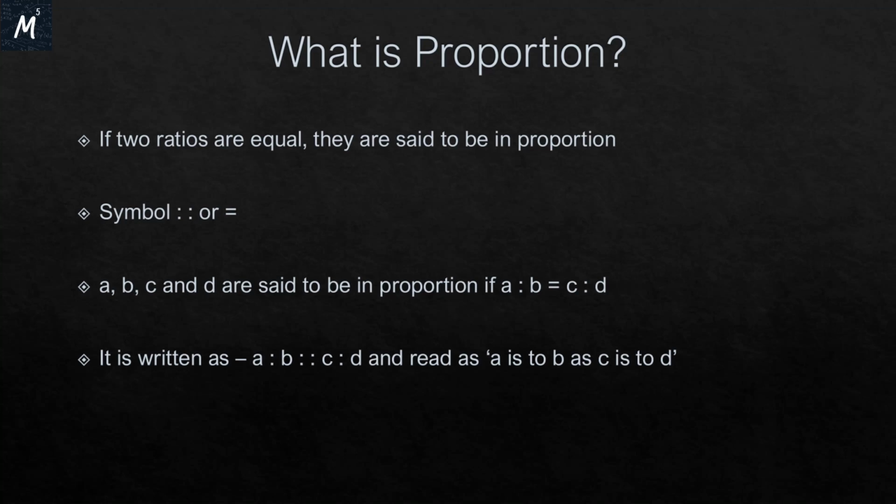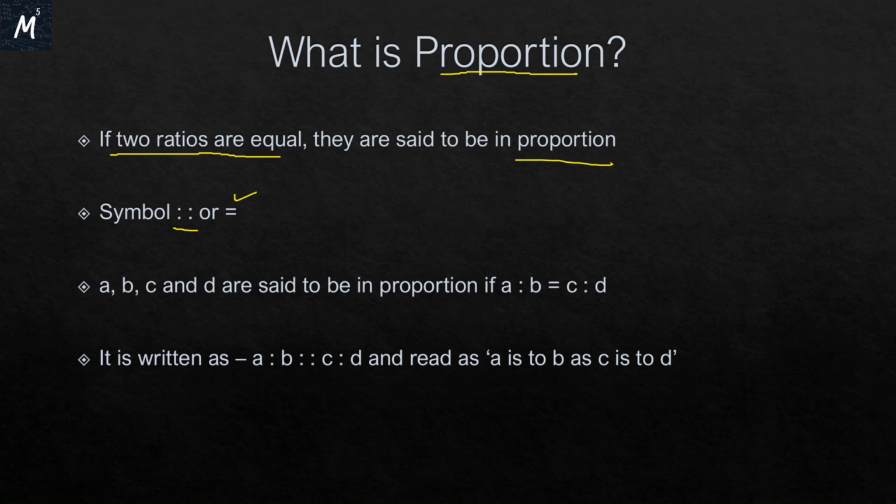Today we are going to study about proportion. So what is a proportion? If two ratios are equal, they are said to be in proportion. And the symbol which is used to denote proportion is these four dots, and we can also use equals to